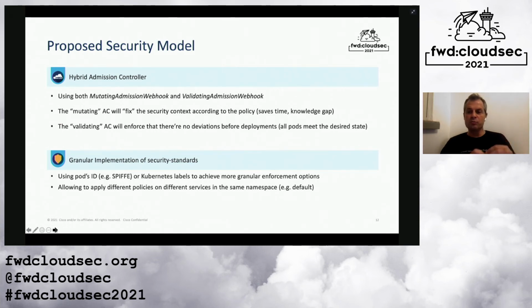So per pod or group of pods, or we can define it by labels or SPC if you want to be more granular, to have a means to identify pods and apply the policy on those pods based on these attributes. So we can really have very granular security policies per the risk which the pods impose, not have one size fits all. So those are the two suggestions I want to share.